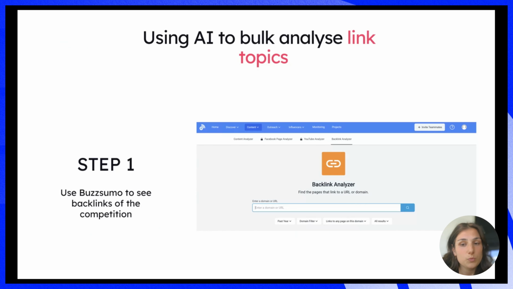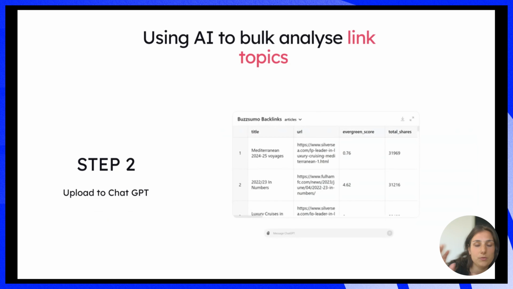I'm sure most people here might know it. If they don't, it is another tool that helps you track links and analyze topics, but they have a really nice feature called Backlink Analyzer, where you can input, for example, any travel topic. Let's say you have a travel story for a cruise client, and then you can export the results from BuzzSumo to see backlinks linking back to the specific topics for a specific country, and then upload this list of backlinks to ChatGPT.